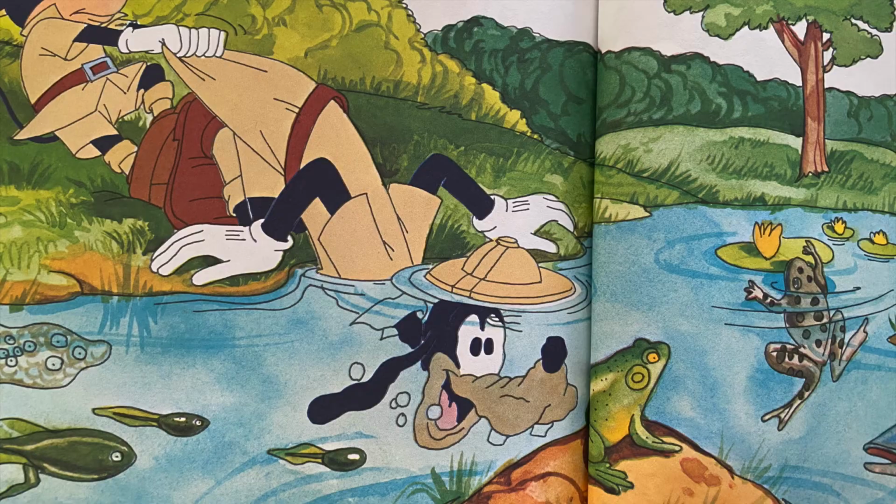Most of the animals that Mickey and Goofy saw on their adventures lay leathery-skinned eggs on land, but frogs and toads have to find water when it's time to lay their eggs. Their babies, called tadpoles, must have water in which to grow. "These can't be frog babies," said Goofy, staring at the wiggly creatures in the pond. "Oh, yes, they are," said Mickey. "They look strange now, with their big heads and long tails. But soon their tails